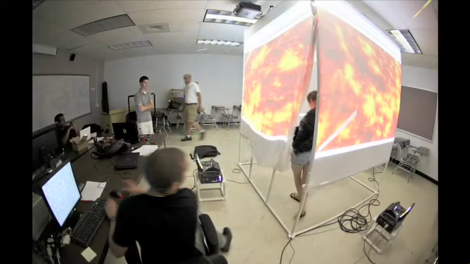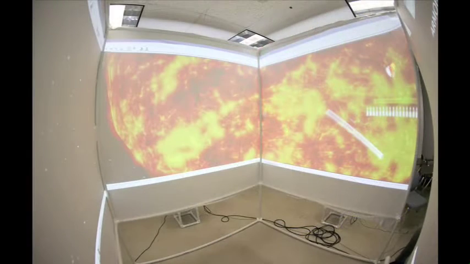It's actually part of an educational outreach program. Our goal is to create a simulated environment of the solar system that users can interact with using a Wii remote or a gyroscopic mouse. Users can navigate around the solar system and literally just fly around and have fun within this immersive environment.